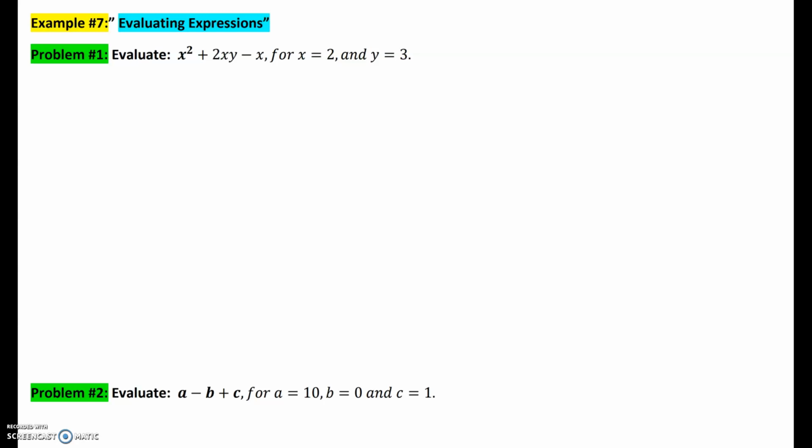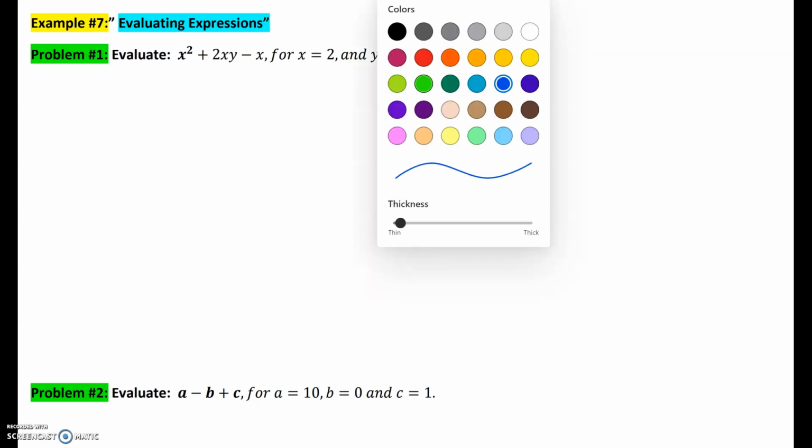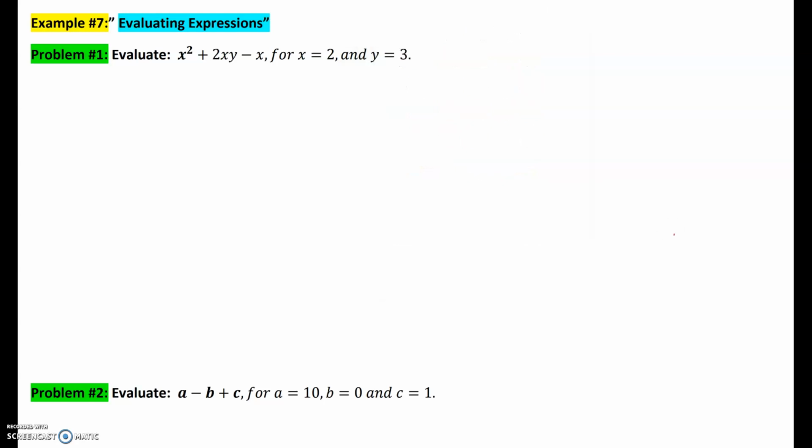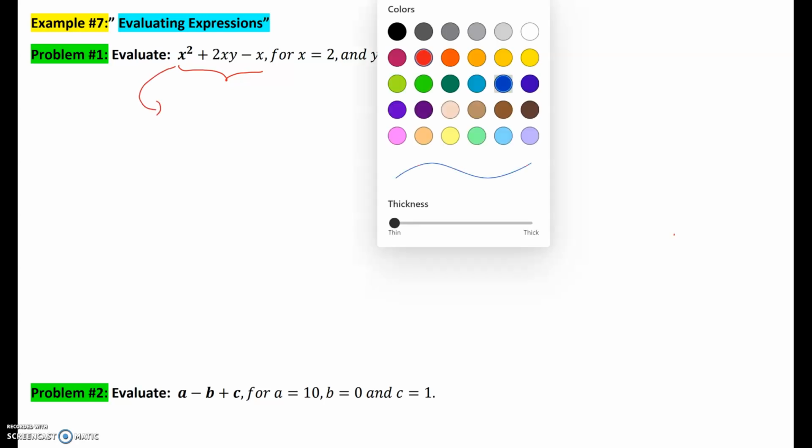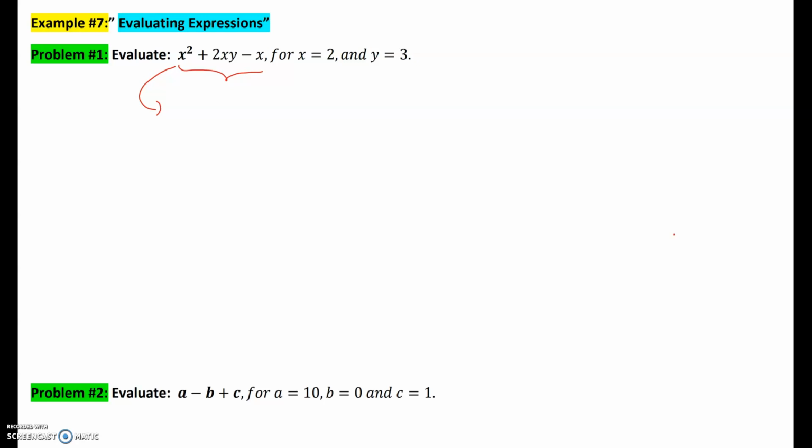Hi class, for these type of problems we're going to be evaluating expressions, and here's the basic idea. You're going to be given an expression. In this case we're given x squared plus 2xy minus x, and they want us to plug in values and technically simplify it afterwards. So for example, this one has an x to the second plus a 2xy minus the